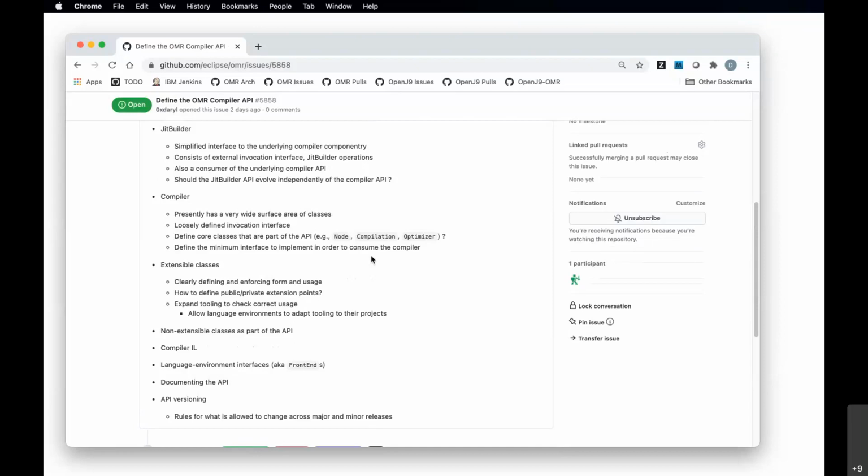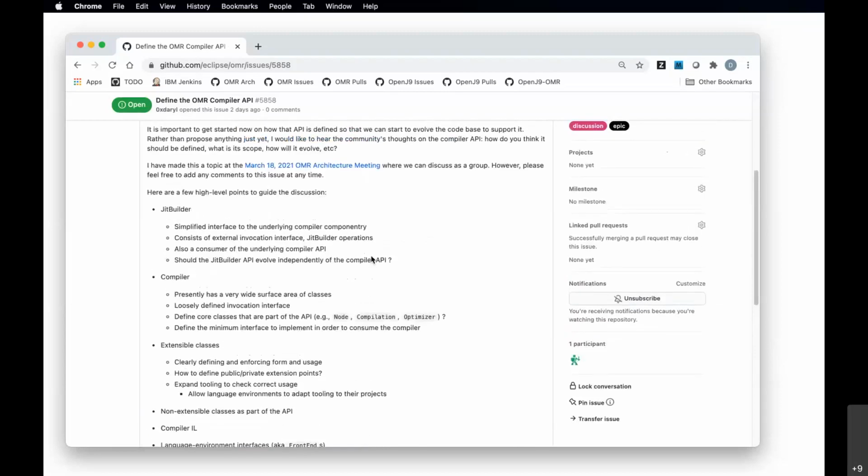Okay. So I know we had a pretty good discussion at the early part of the call about the different kinds of aspects that could make up an API. So I think there may be some ideas to distill from that discussion to help make this a more focused discussion going forward.